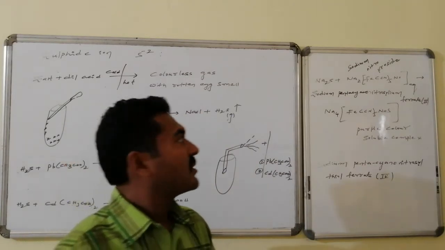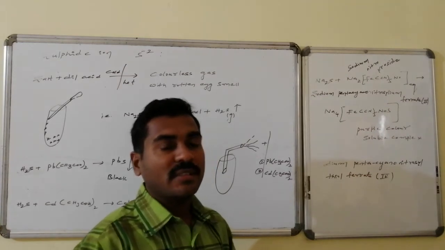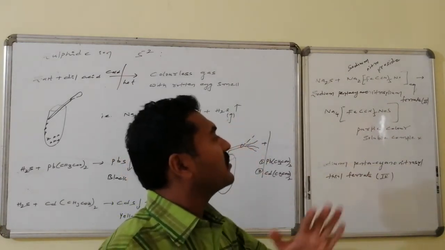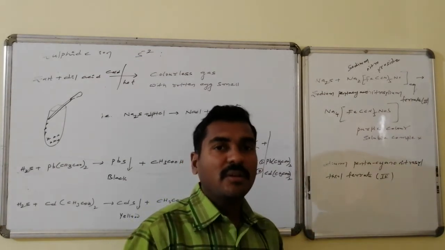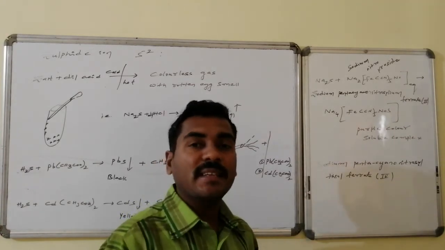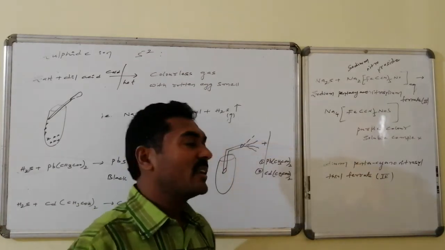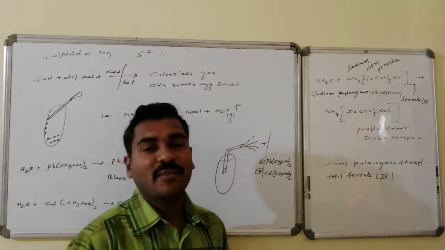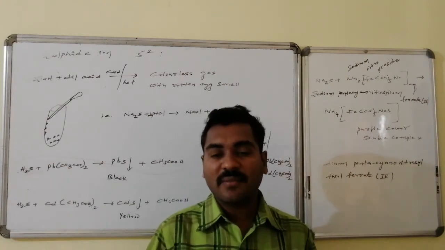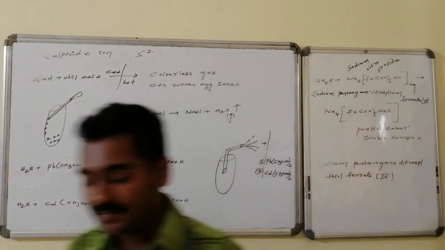Similarly, another confirmation test is, to this salt, if we add Na2Fe(CN)5NO, that is sodium nitroprusside aqueous solution, then that will be converted to a purple colored soluble liquid, which has the formula Na4Fe(CN)5NOS, which is known as sodium pentacyano-nitrosyl thioferrate(4). Such a new complex formation, soluble in water, takes place. These are all our identification and confirmation tests for the sulfide radical.